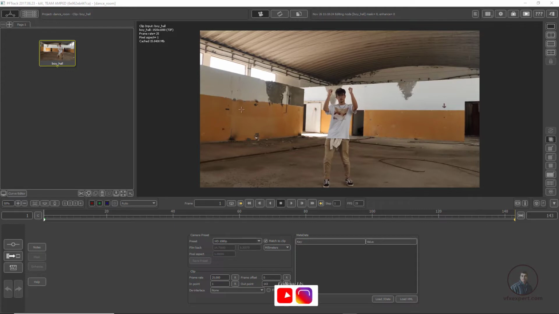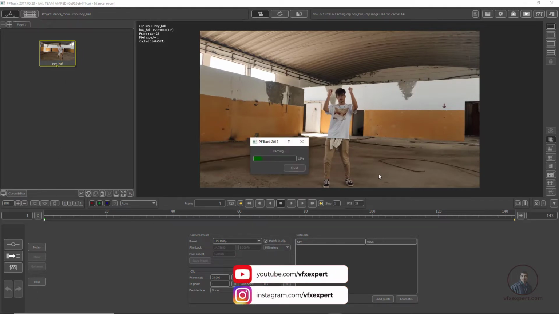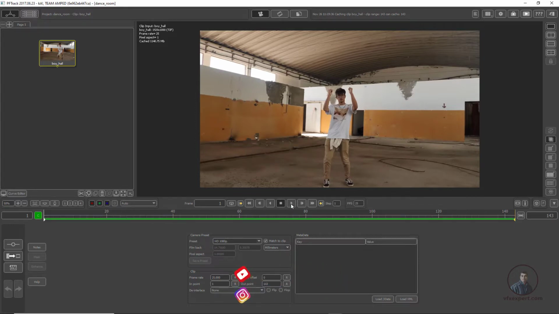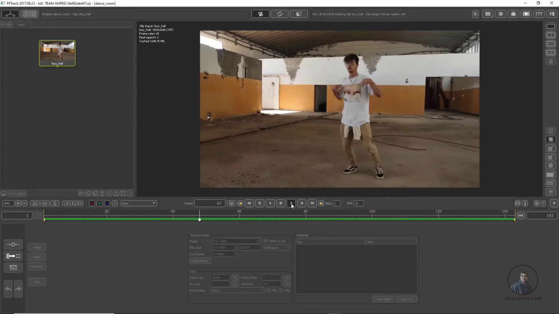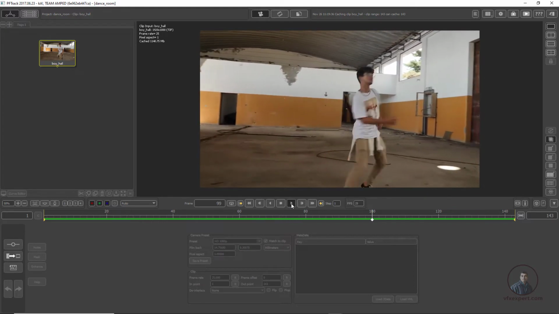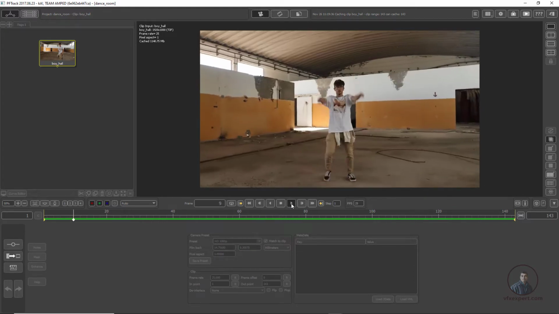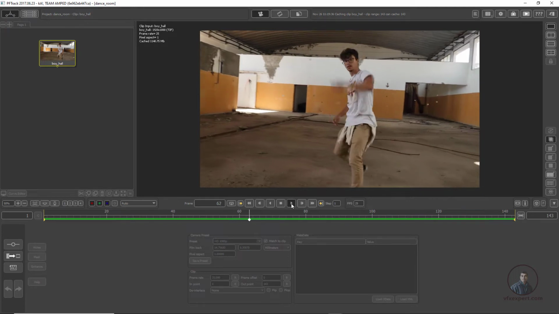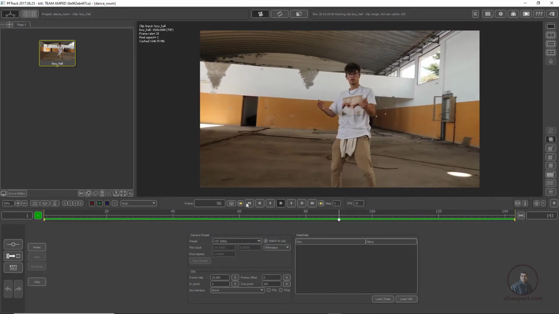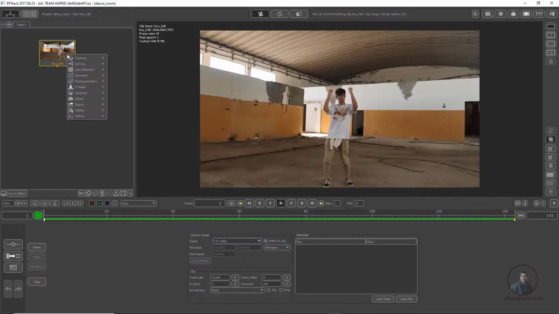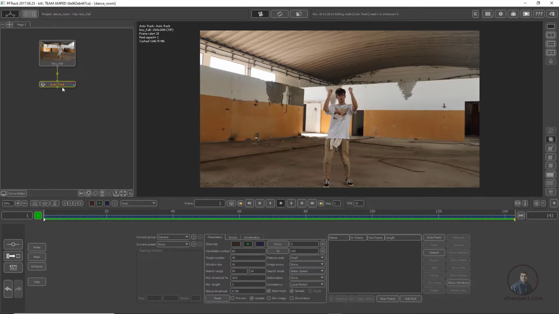So here in PFTrack I have just created a project and I have imported our shot here. Now first cache our footage here, then click on the C icon. Now just play and check. So this footage we have to track. Then after this set fitting, all these things. So now here I am going to track this shot, then right click on footage, tracking, then auto track, then double click here, then downside.